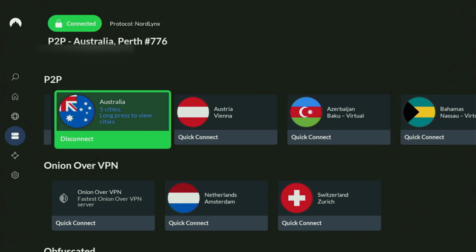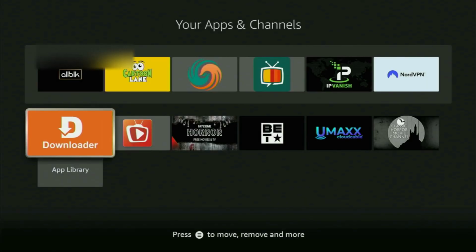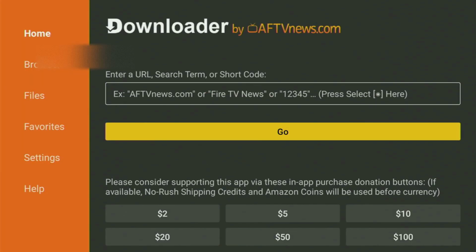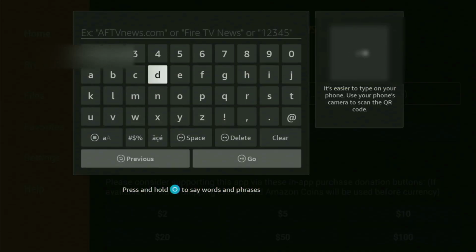And now, finally, let's use Downloader safely. So we gotta go straight to the list of apps on your device now, and go to Downloader. So we open it up, wait until the app loads for you, and then here on the left side menu, it is very important that you click on Home and not on Browser. So once again, make sure you have clicked on Home, and now in that search bar, we'll need to enter a code, which is going to be